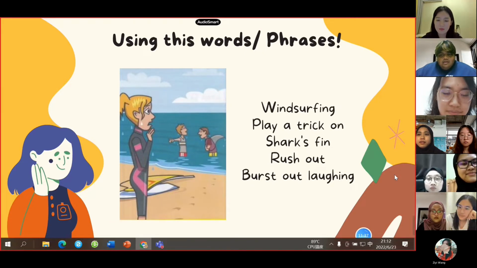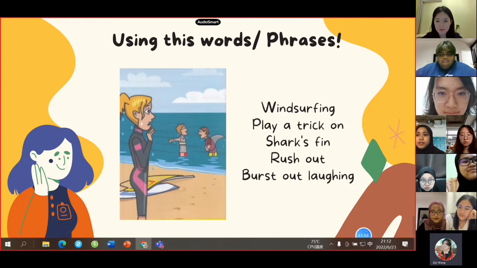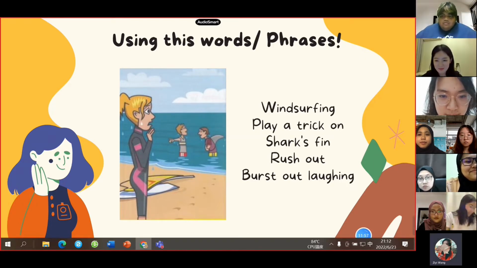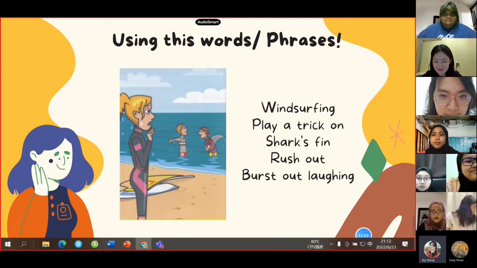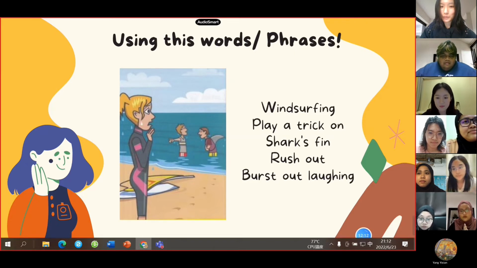Okay, moving on to the second picture. For this one, I think it is really tricky because it has a lot of big words. Anyone would like to try? Can I try? Okay, sure. When the girl was windsurfing on the beach, the other two boys played a trick on her by wearing the shark's fin.